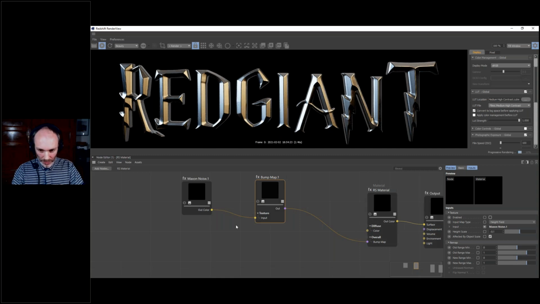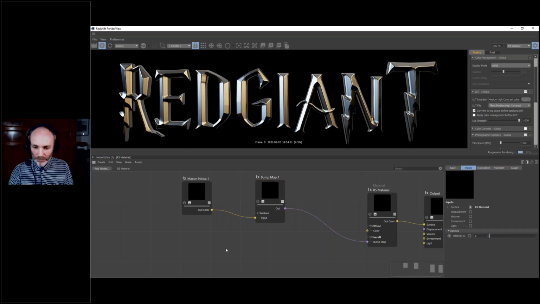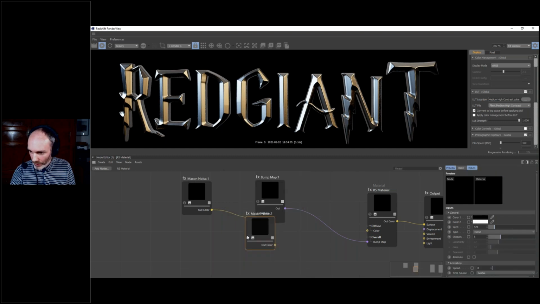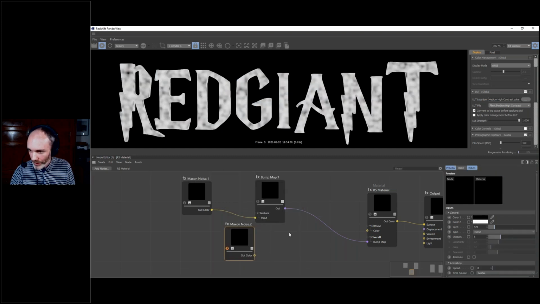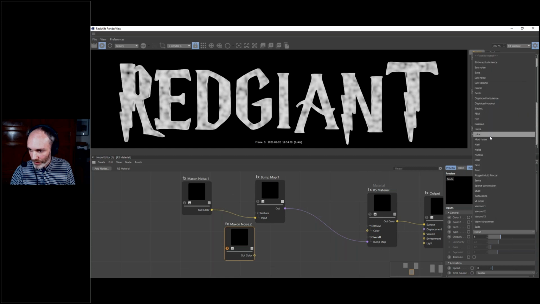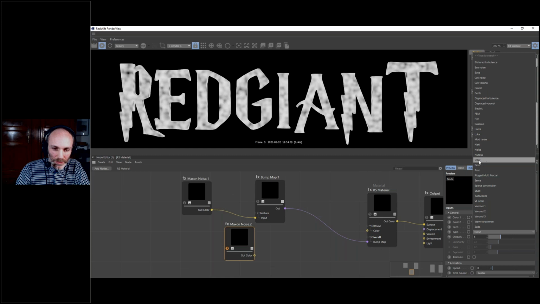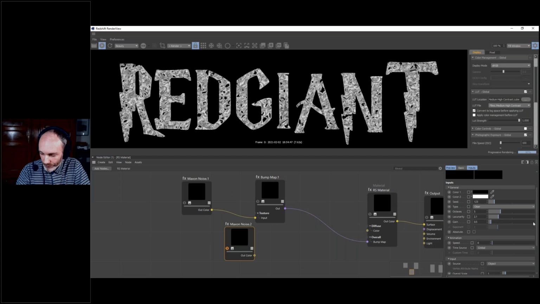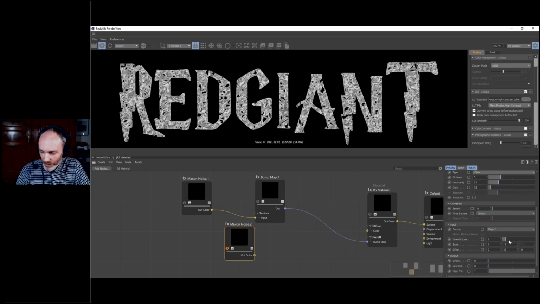Okay, so let's go back to another noise, Maxon noise. Solo to see our noise. And here I'm going to jump right away to the one I'm looking for. It's the Aubert noise. The Aubert noise is going to give us those kinds of patterns, okay, which are going to be very interesting for metallic surfaces. Let's increase our overall scale a bit.